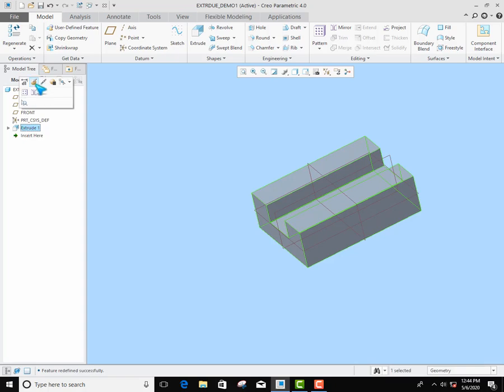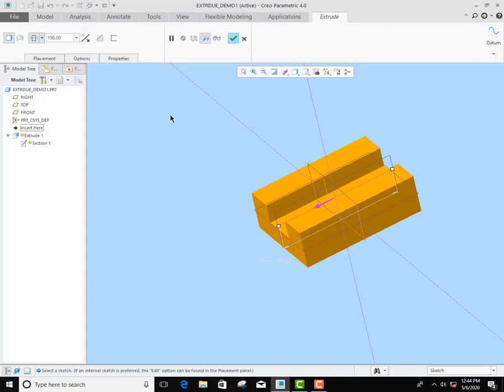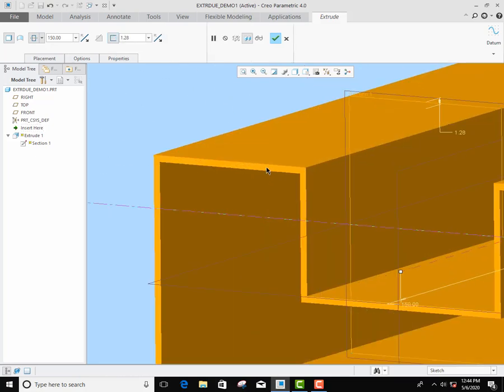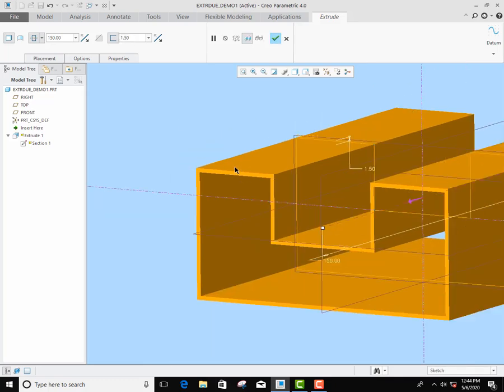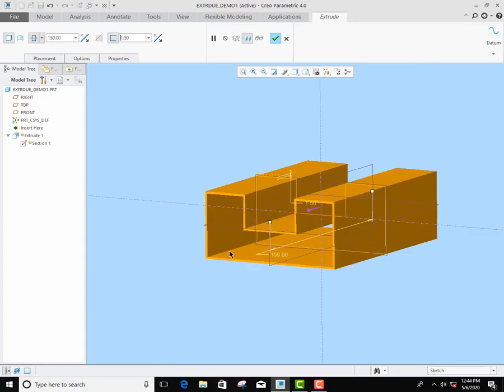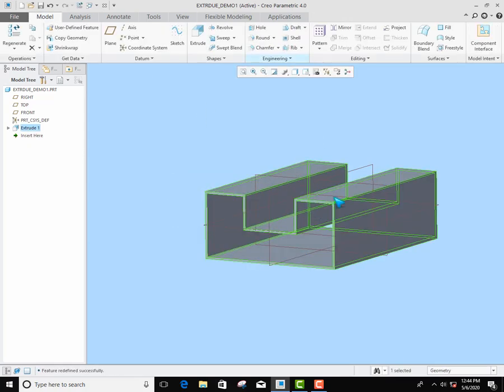Again go to the edit feature. Here there is one option called thicken, which means if you want the part or extruded model to have some amount of thickness. If I click on this one, it will take it as a thicken. Here it is 1.28 mm. Suppose I want the wall thickness or part thickness to be 1.5 mm, then you can build it easily in just one click, thicken, okay.